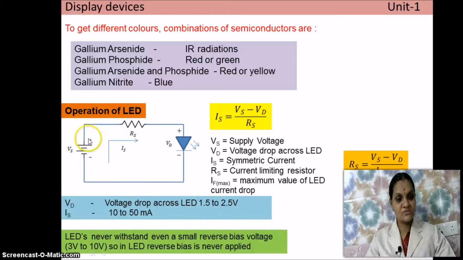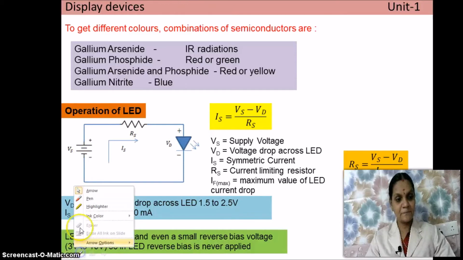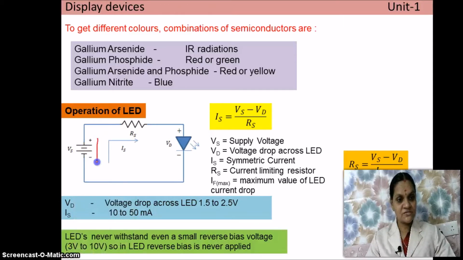So whenever this Vs is supplied, the current flowing through the circuit, assume this is one closed circuit, is given as Is equal to, applying Kirchhoff's voltage law here. This is a potential rise, and current is flowing in this direction. Entering is positive, leaving is negative, and again the current is moving in this direction. Here this terminal is positive, negative. So this voltage is a rise, this voltage is a drop.